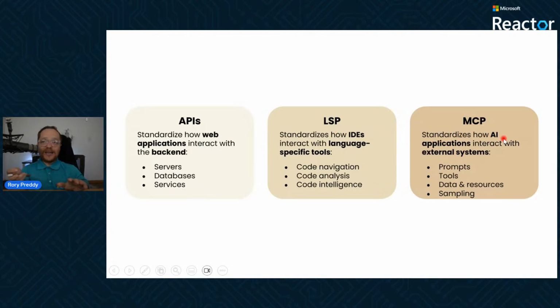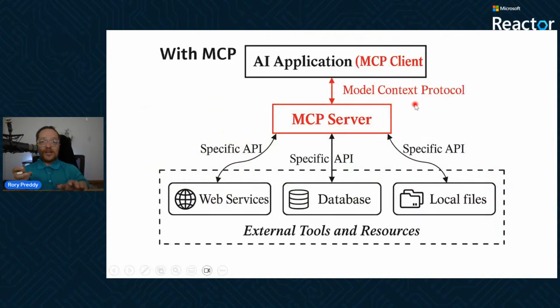And MCP standardizes how AI applications interact with external systems. And you can use tools, prompts, data and resources, and sampling. So instead of APIs and language servers, what you get is a much simpler model. Your AI application, which is your client, uses the protocol. Now, HTTP streaming is the main protocol, but we're going to use SSE, which is the old protocol. Still works, still great. And we're going to talk to our MCP server, our calculate server, and it's going to